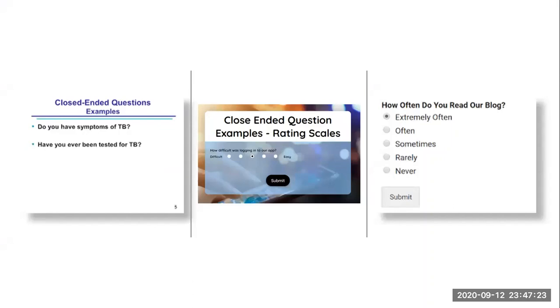What kind of questions are these? Open or closed? It's kind of obvious, right? Yes, they are closed questions. But what I like about this is that here on the left,